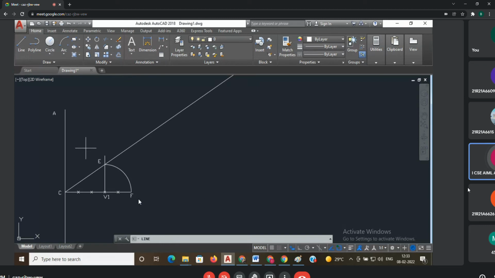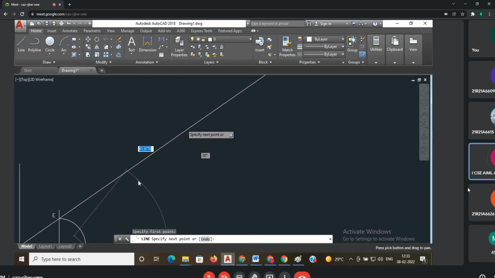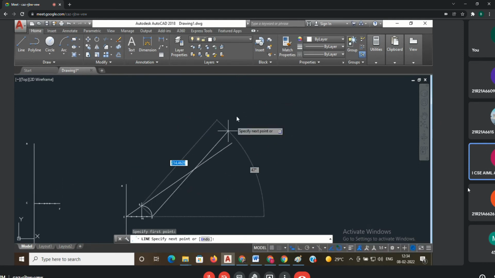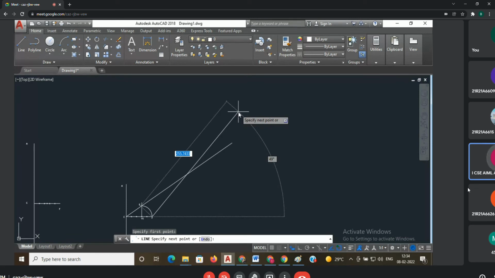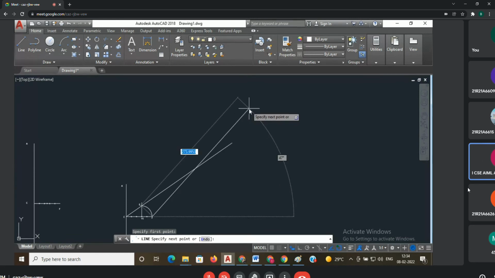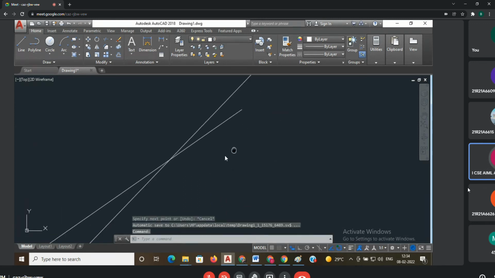Now I will draw one more line from the focus, a 45 degrees inclined line. How to draw? I will select this point and move the cursor like this. Now I will take some length. It is showing 273 something. Okay, keep it, no problem. Then I want to give the 45 degrees inclination. Just press the tab button, don't give any value, and give the inclination, 45 degrees. Okay, done. Now I got the intersection point.